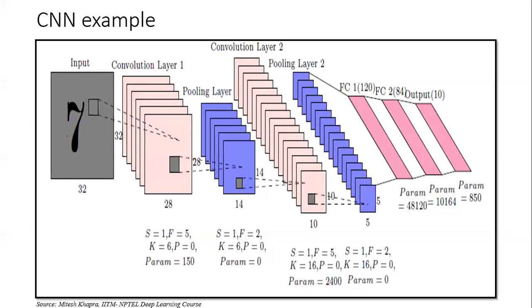So as I always tell, there are no thumb rules, but there are always some intuitions and some indicative directions which can be used when making these choices. So when you have this second convolution layer, again after that you have a pooling layer. Please remember one important thing. The number of filters I use in convolution layer 1 is my choice, but the pooling layer will have the same number of